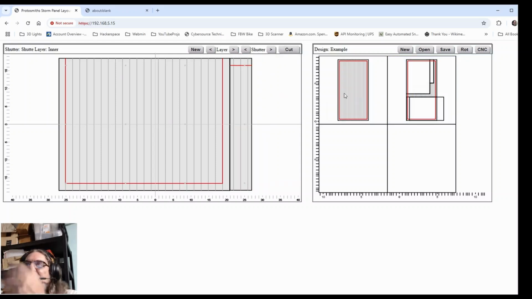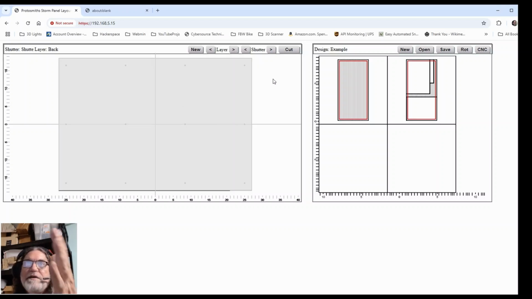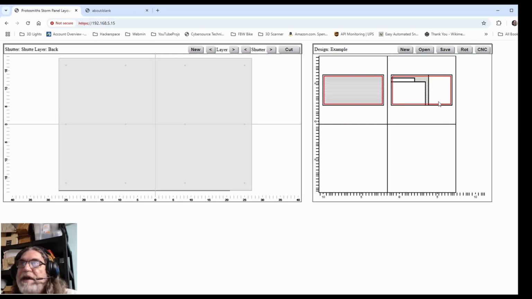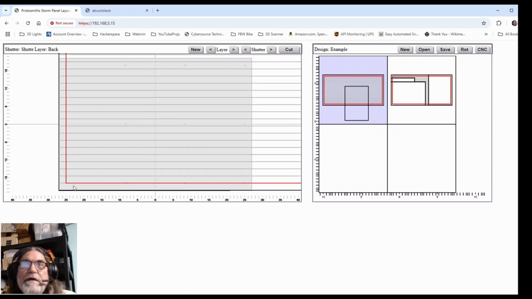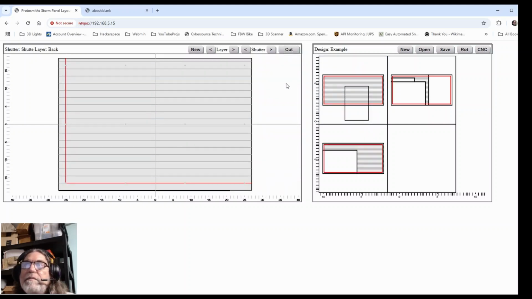So you can see here that I've used more of this panel, but now when I go to the next layer, I need to be going in the other direction, and this panel does not have enough to do what I need to do here. So once again, I pick a blank and I bring him over and cut him. And so now for this one shutter, I've used up all these panels. But if I add another shutter,